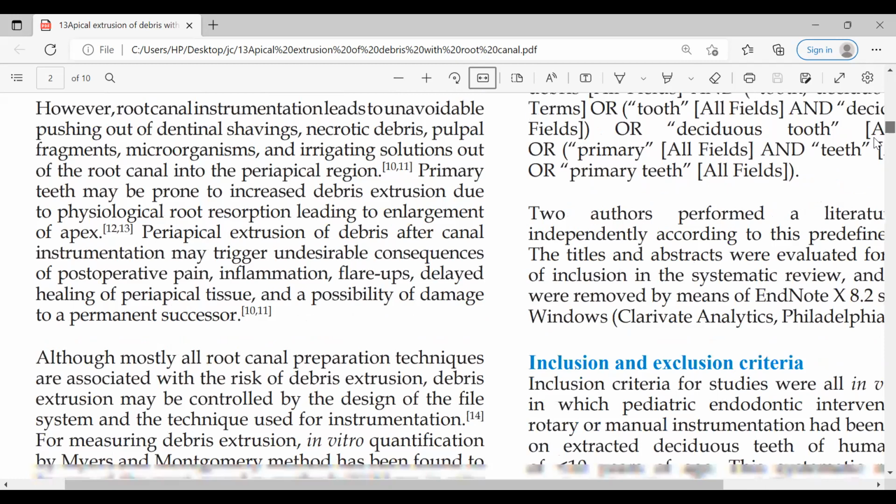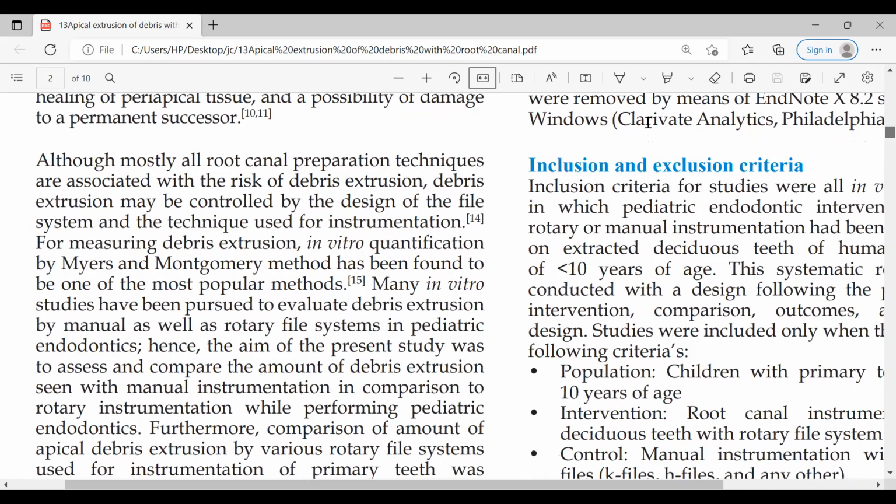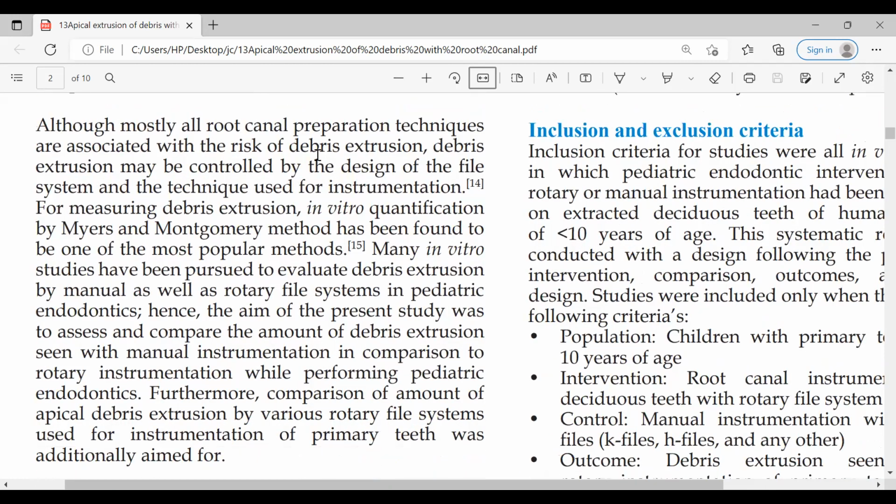Although all root canal preparation techniques are associated with risk of debris extrusion, it may be controlled by the design of the file system and technique used for instrumentation. For measuring debris extrusion, in vivo quantification by the Myers and Montgomery method has been found to be one of the most popular methods.